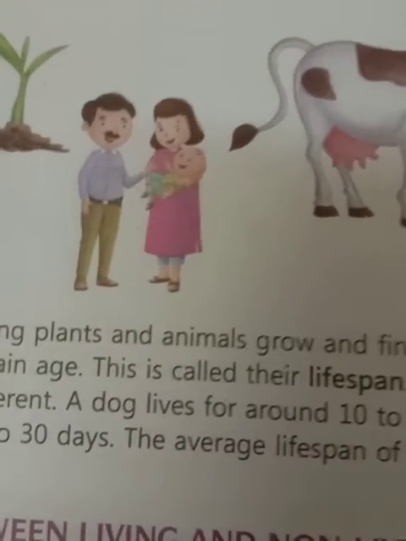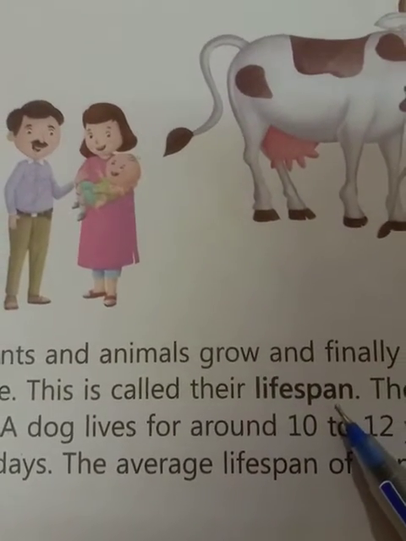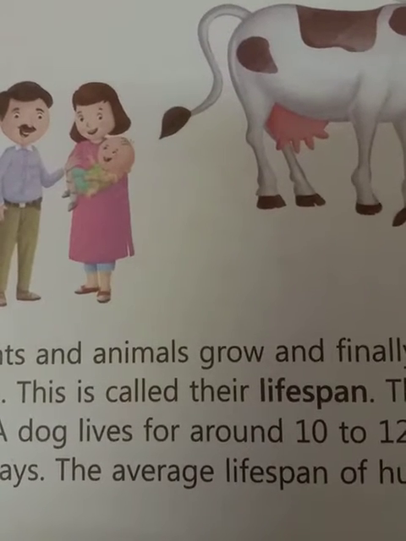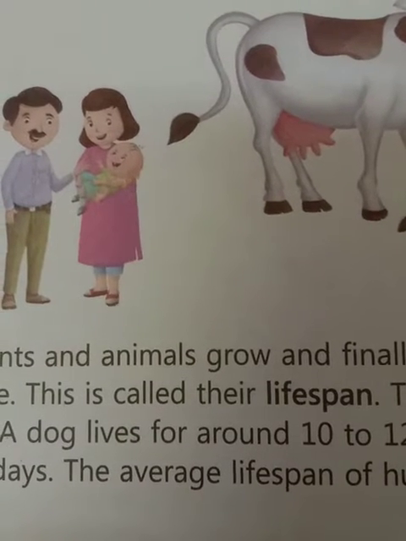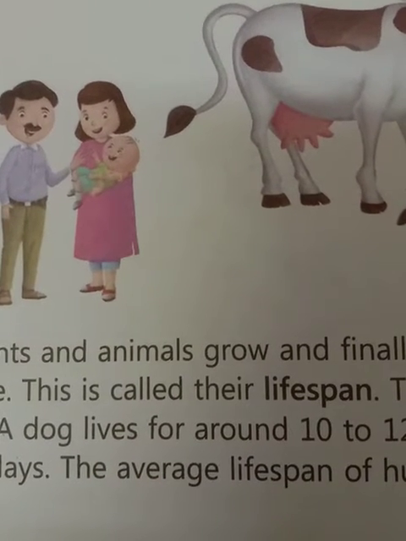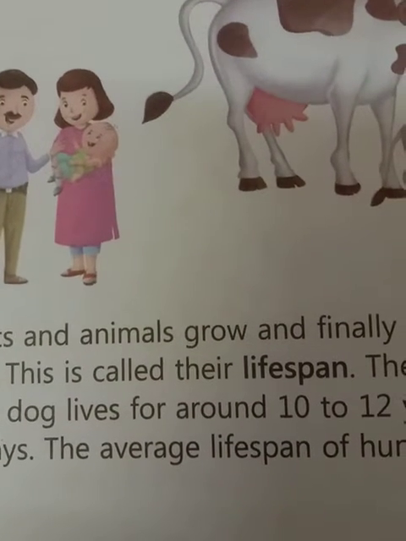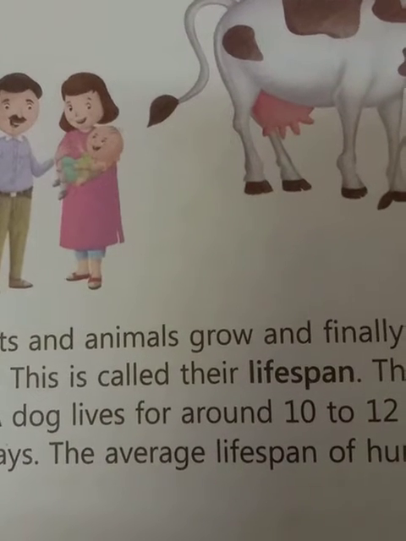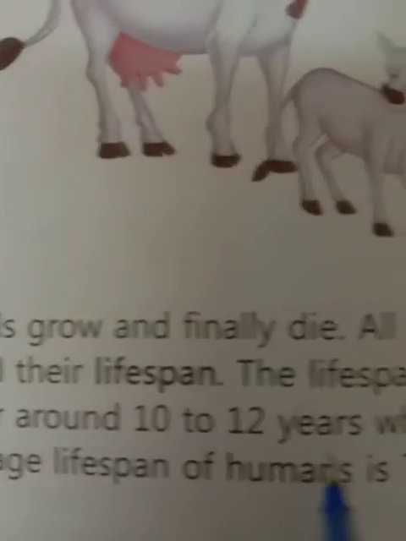So life span means the length of time that something is likely to live, work, last, etc., or the period of time between the birth and death of an organism. So everything survives only for a certain age. This is called life span. The life span of